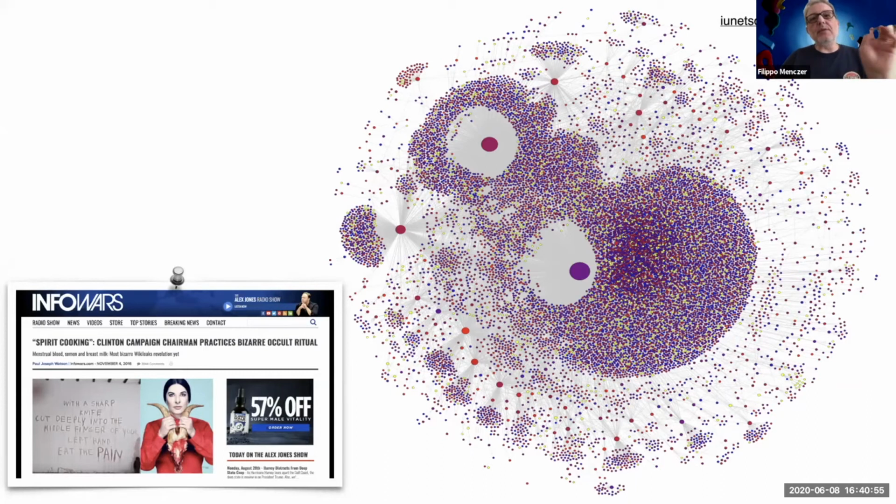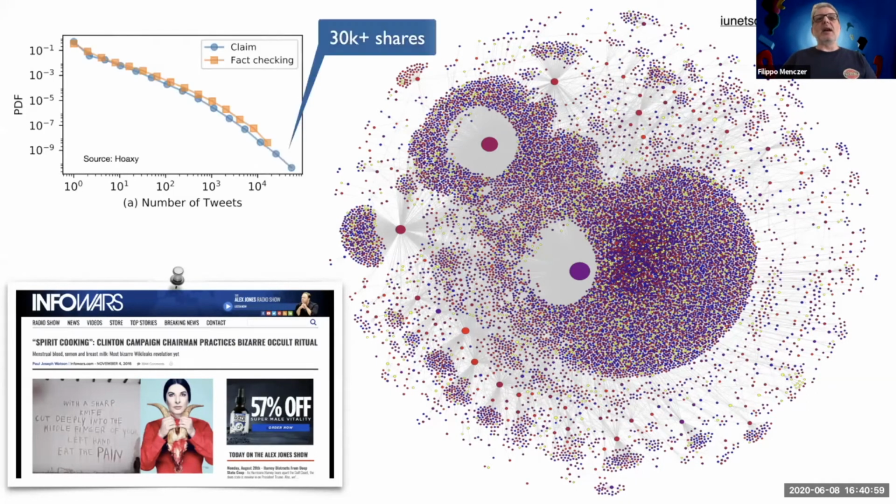So a viral piece of misinformation like this one is on the tail of the distribution of popularity for false claims. When we look at this distribution of popularity, we see that, not surprisingly, we have a very broad distribution with a long, heavy tail. So there's a few claims that are likely to go viral,